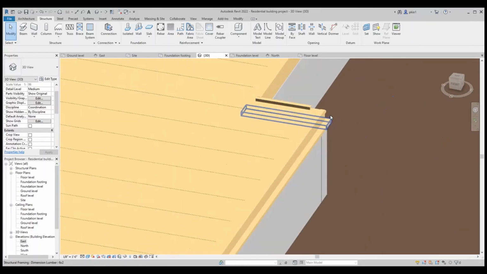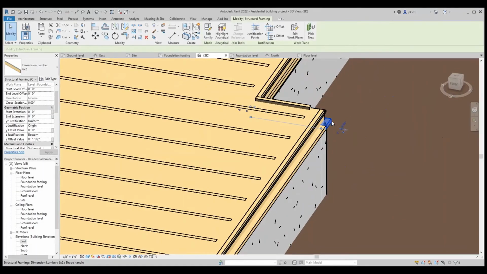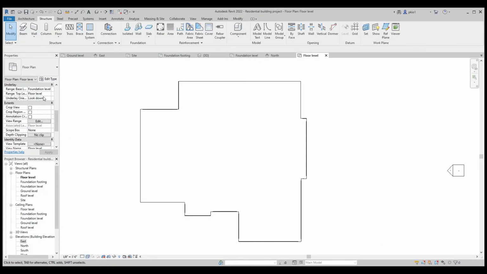The bottom plate is sitting on the range base. Let me set it to foundation or ground level so we can see the walls. Yes, that's the plan. We want to see the walls so that we can apply the bottom plate.